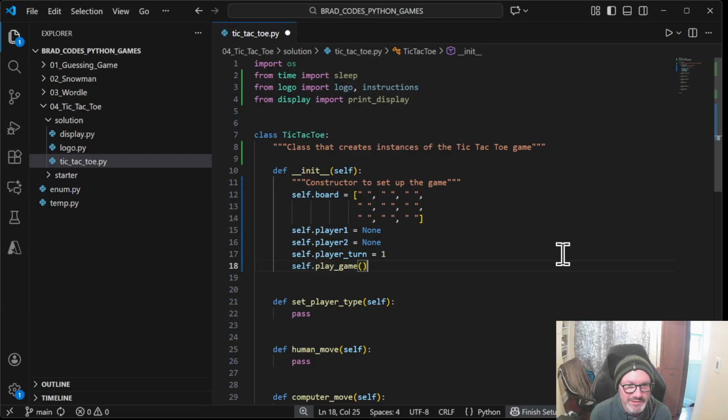Cool. So this is our constructor. Again, gonna have to do a lot more with our class here, but this is setting us up for a very strong start. Hope you like this